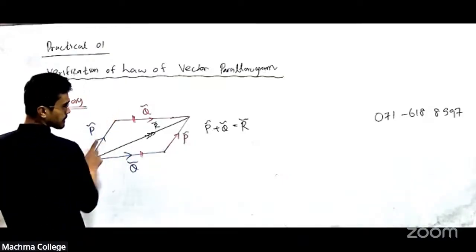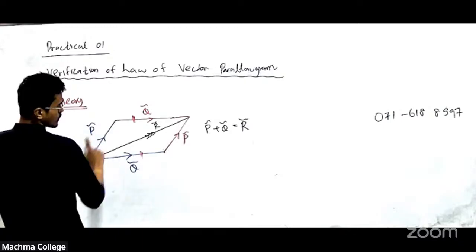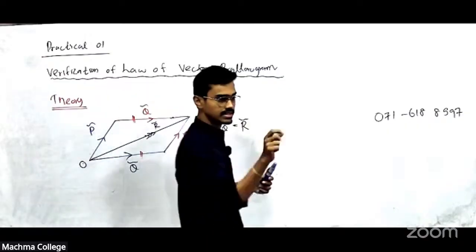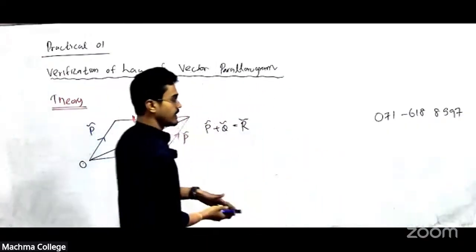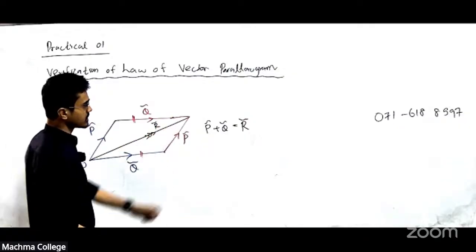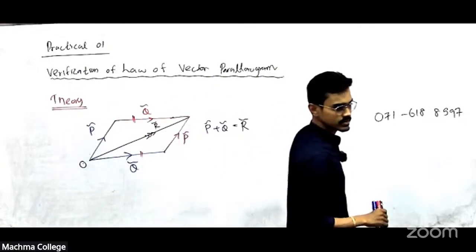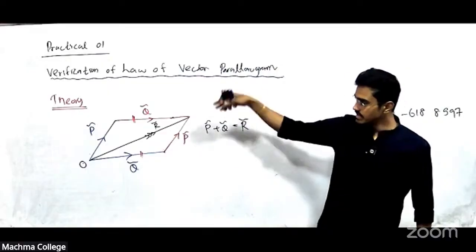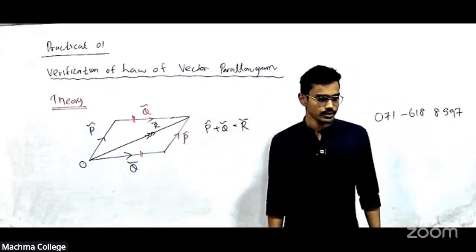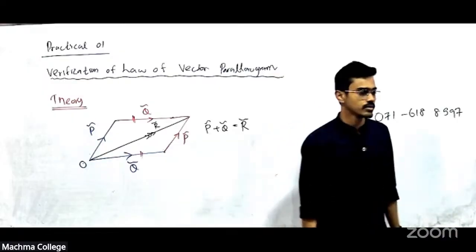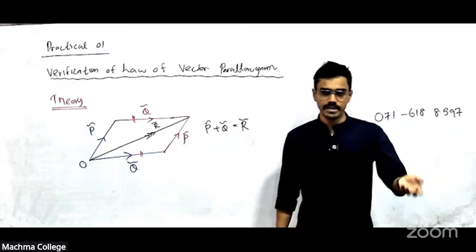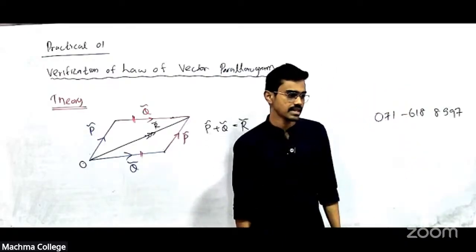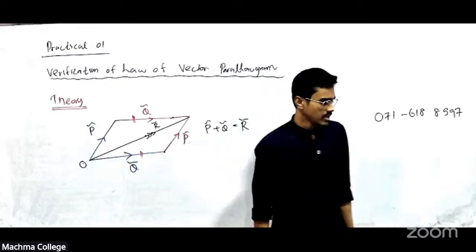Now, listen again, if we can represent two vectors P and Q by using two adjacent sides of a parallelogram, the diagonal which goes through the vectors gives us the resultant of the vectors. That is the theory. What we are going to verify here is whether this actually works out. Using some known masses, we are going to find this out, and once it is verified, then we can use the same setup to find the mass of an unknown object as well. So we'll see how it's done.